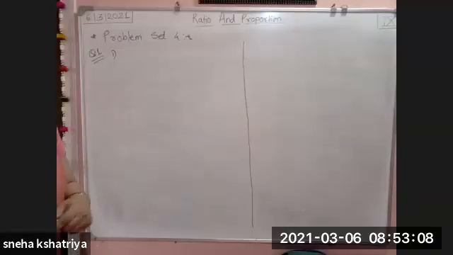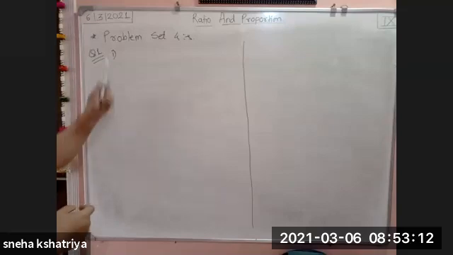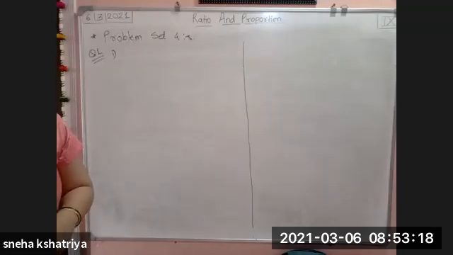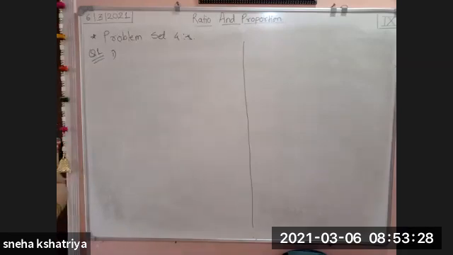Our problem set of ratio and proportion. This is the last point of this chapter. Last time we were left with our problem set, so today we are going to complete it. You can see on page number 77, problem set, question number 1, where you have to select the appropriate alternative, answering the following questions.